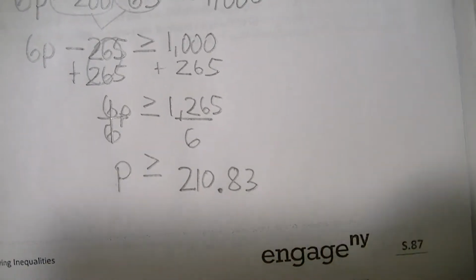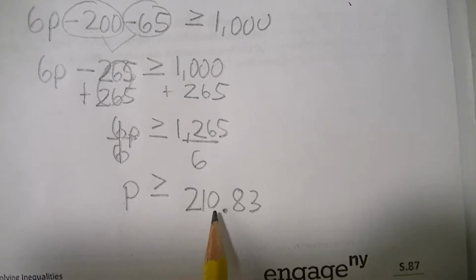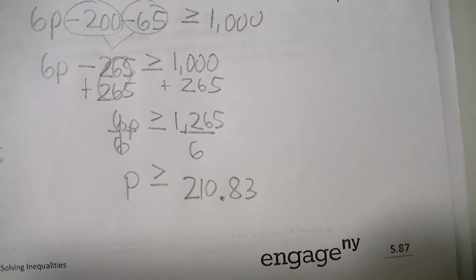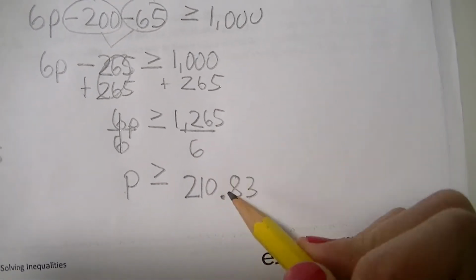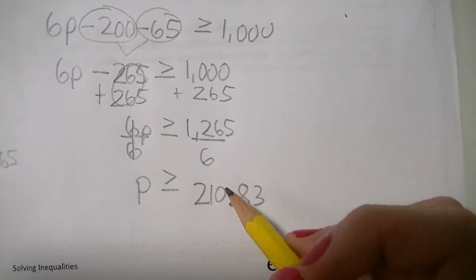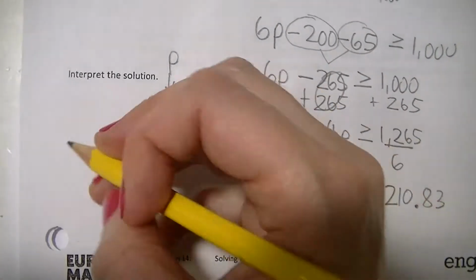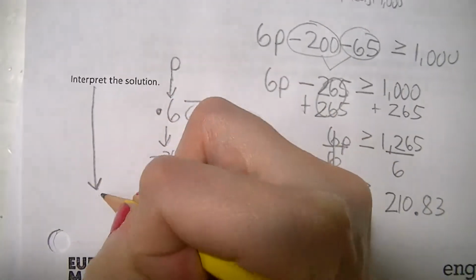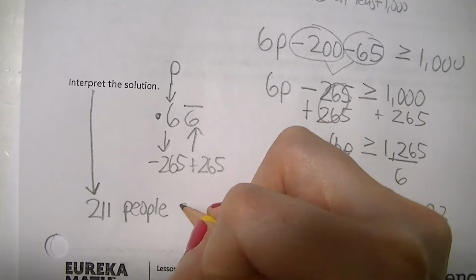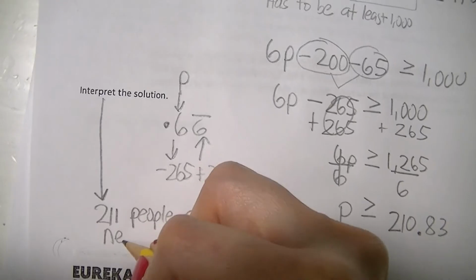Can you have 83 hundredths of a person? To break even, you'd have to have 210 and 83 hundredths of a person riding that ride for you to reach $1,000 profit. And unfortunately, you can't have 83 hundredths of a person. You would have to round this up to 211 people who would have to ride the ride. So that's what we mean by interpreting the solution. 211 people or more need to ride the ride